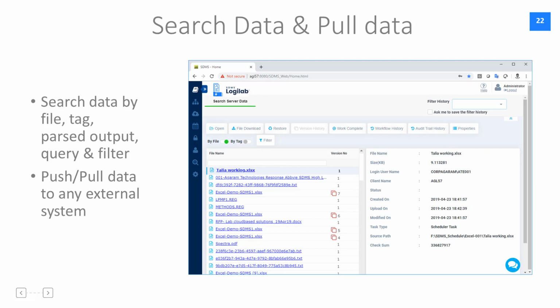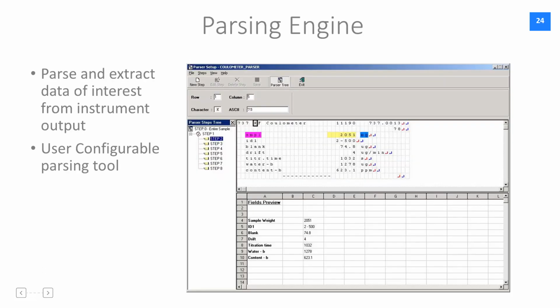All these features are available such that Logilab SDMS can be part of your bigger ecosystem where data can be shared from Logilab to external system as well as from external system to Logilab, so that it becomes a collaborative system within your organization. What you see now is a